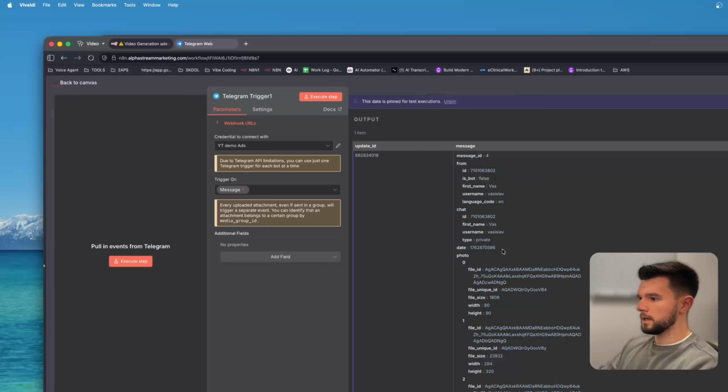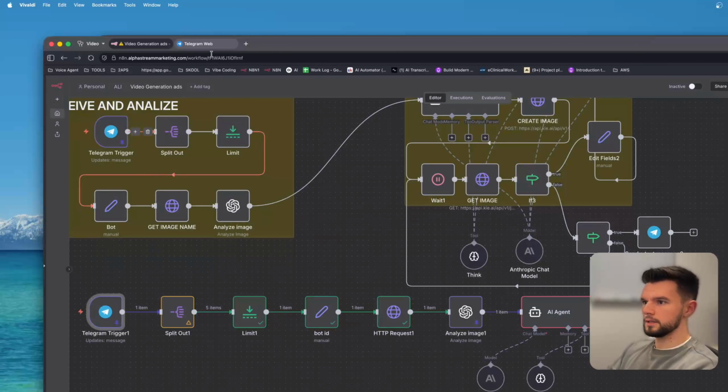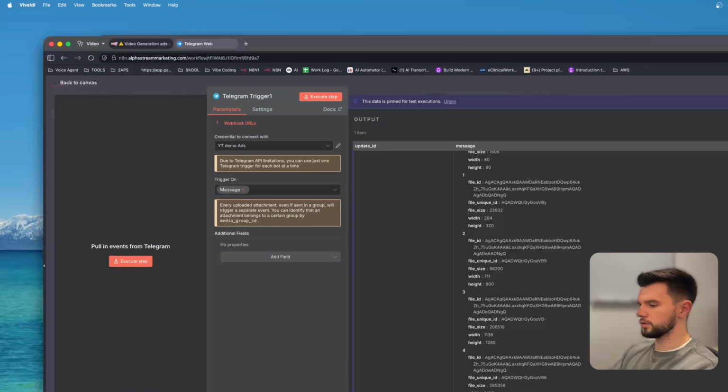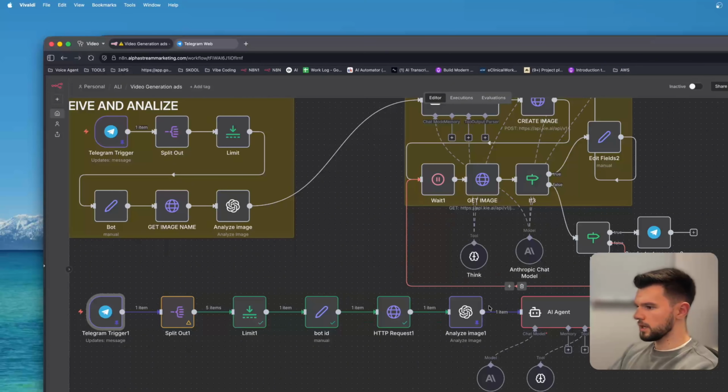If you're wondering what I was doing, basically we received information here through the trigger, right? But in n8n, you can always edit the information. So I basically changed the caption that I sent in the beginning. But then when I'm gonna run the test,